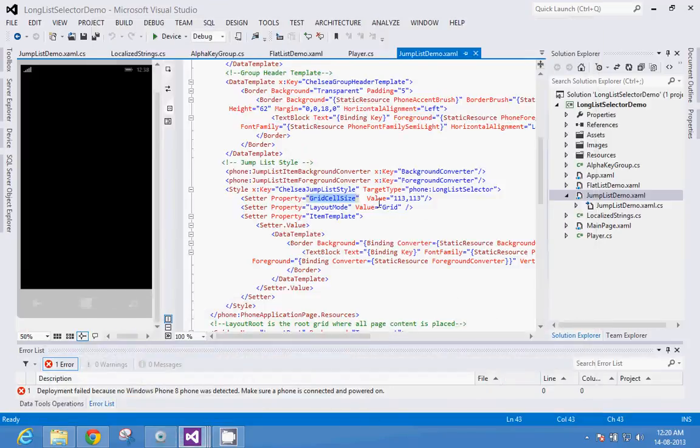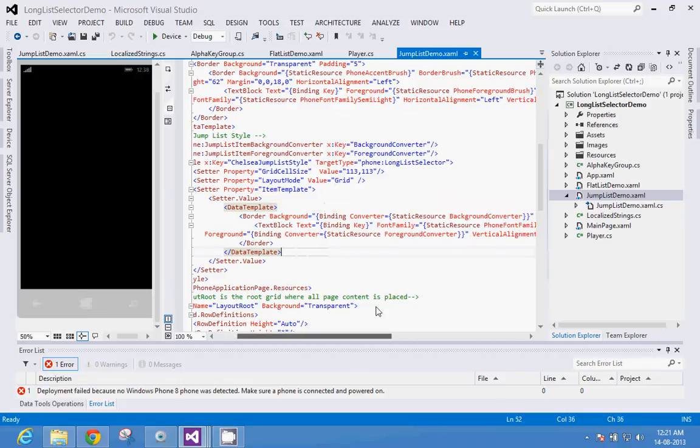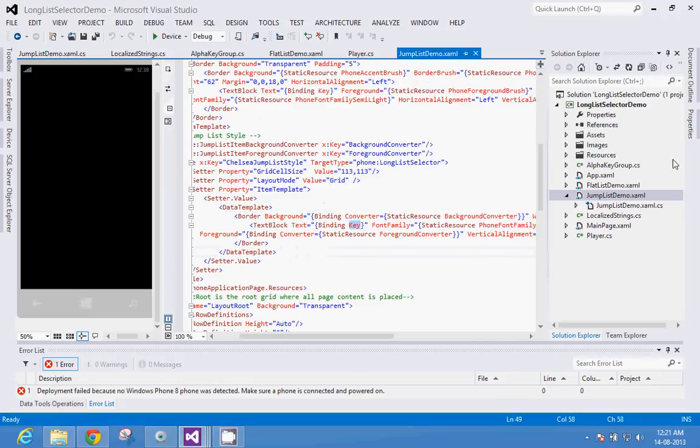Yeah, so here it is, 113 by 113 square, LayoutMode Grid, and then we set the ItemTemplate where we have one Border and one TextBlock. The TextBlock is bound to the Key of that AlphaKeyGroup class, which is actually the first alphabet of your name. So this is the key you always have to specify: TextBlock, Text equals Binding Key.